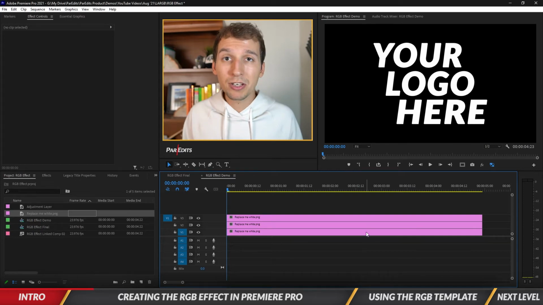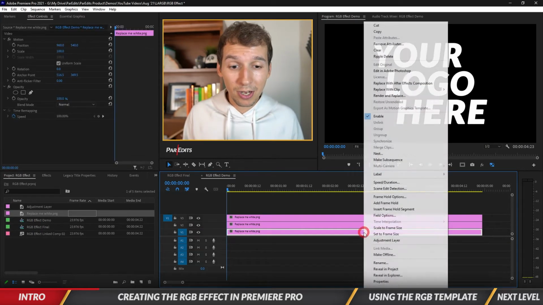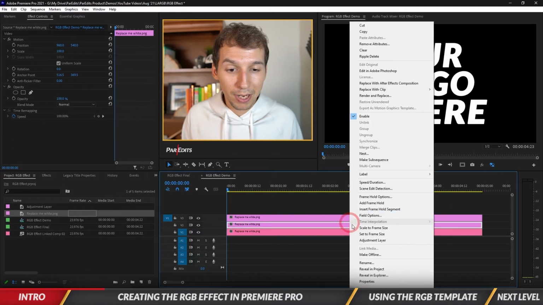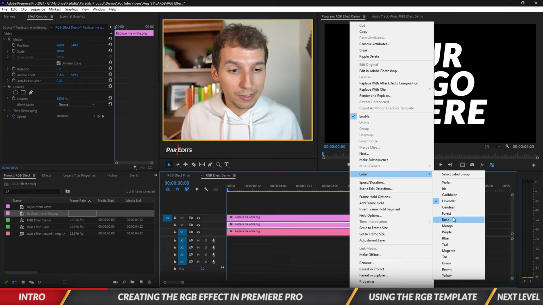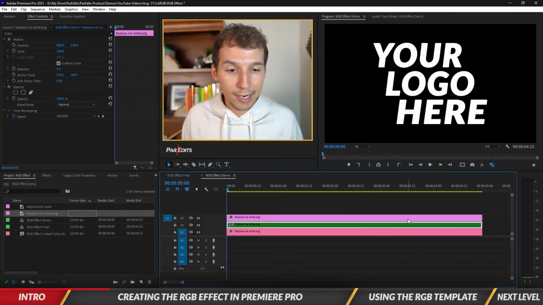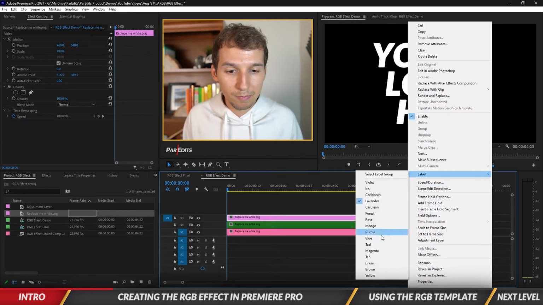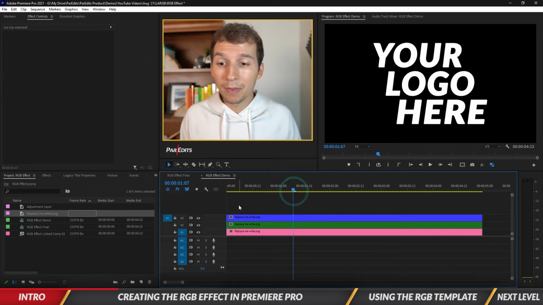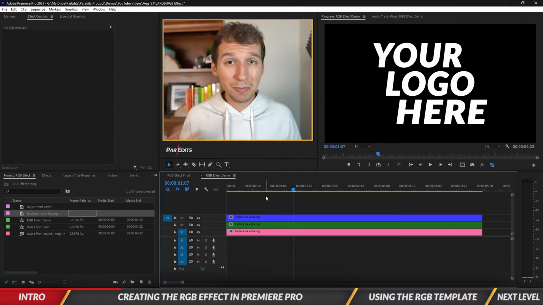And so the bottom one's gonna be red, the middle one's gonna be green, and the top one's gonna be blue. So let's go ahead and label them as such. So red for the bottom, middle is green, and top is blue. Okay, so I just labeled them for now, and we're going to add the effect to split them into RGB,